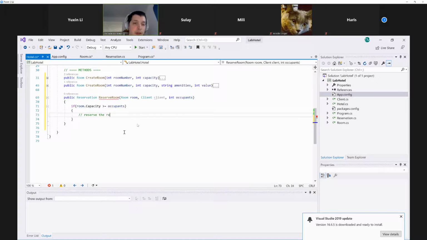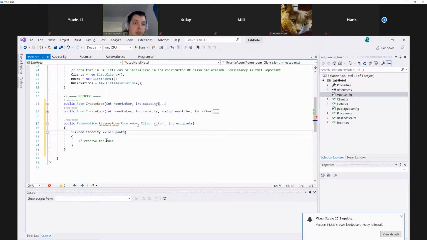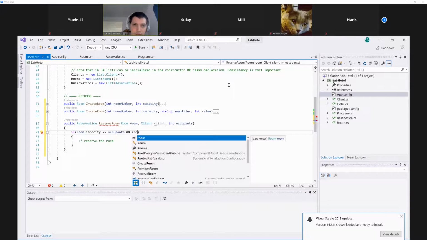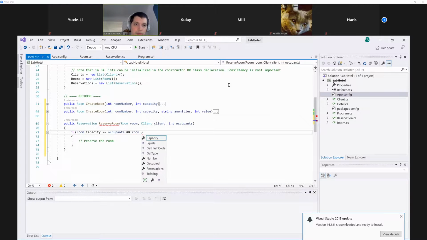Yeah, we should. So if the capacity is greater than occupants and it is not occupied, we'll reserve the room. Else,